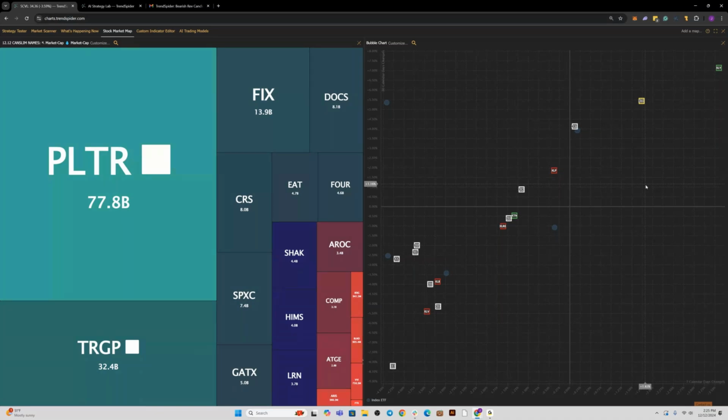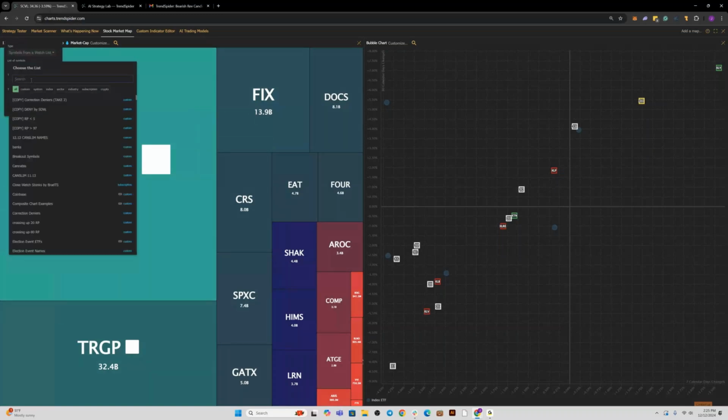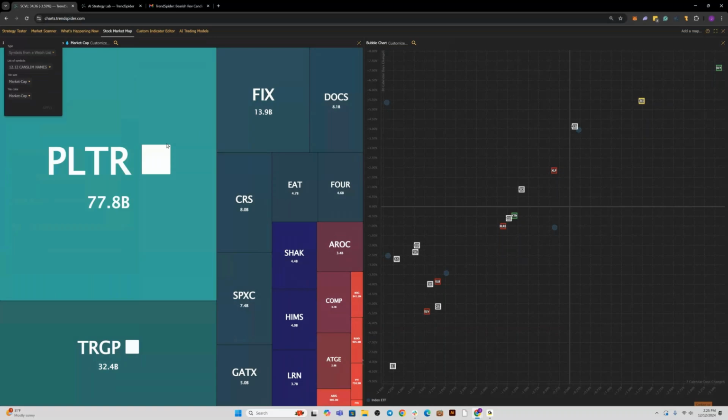On the opposite side, you have the same exact functionality. You can bring in any sort of list of symbols. I've just got that same CanSlim list here. And you can define the criteria that defines the tile size and the tile color. On this end, I like to utilize fundamental metrics, and then I usually will keep these as linear charts using the same fundamental metric. So I can just quickly and easily see whatever I'm looking for in that regard.